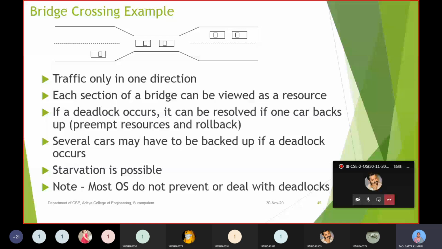In this bridge crossing example, if we allow one car to go back, the cars in the other direction all have to complete. Only then will the car which moved back get a chance to execute. Okay, so if the traffic is not cleared in the other direction, the car which moved back to clear the traffic will not get a chance. Okay, so that problem we call the starvation problem.